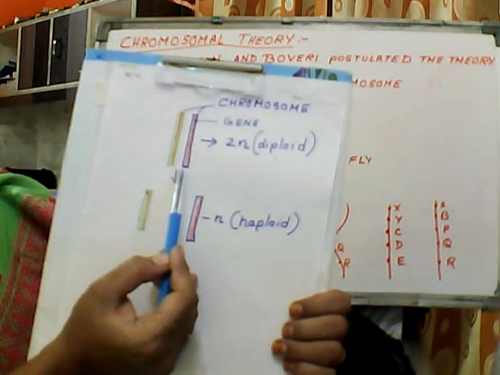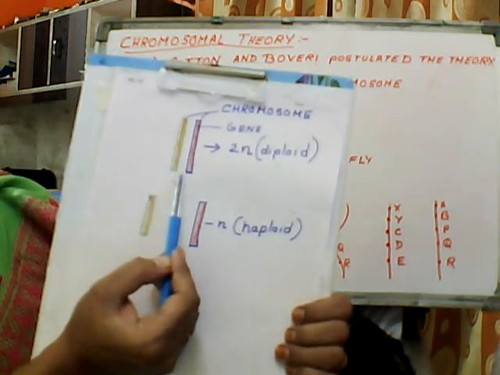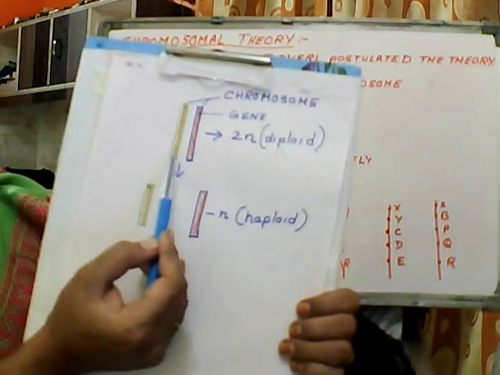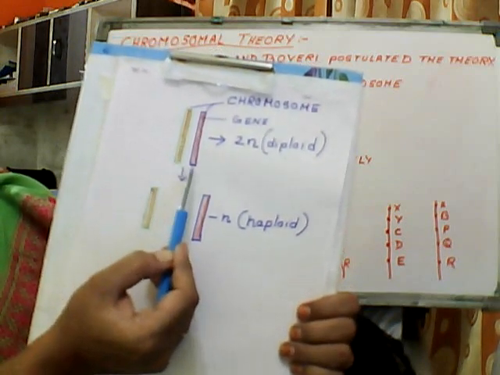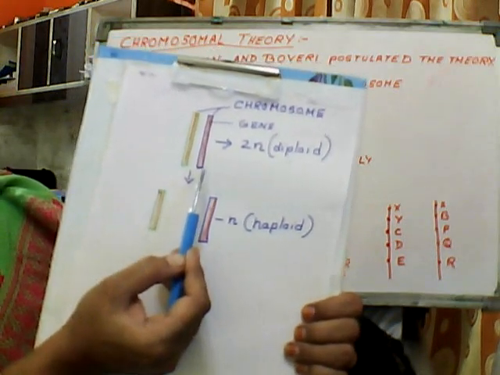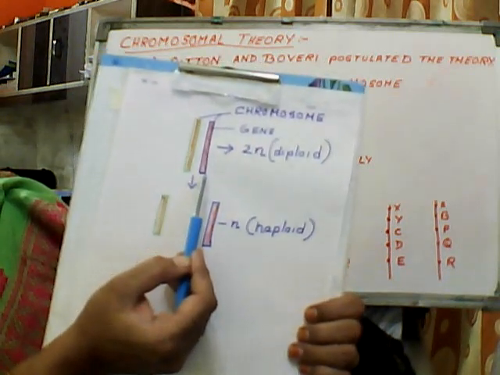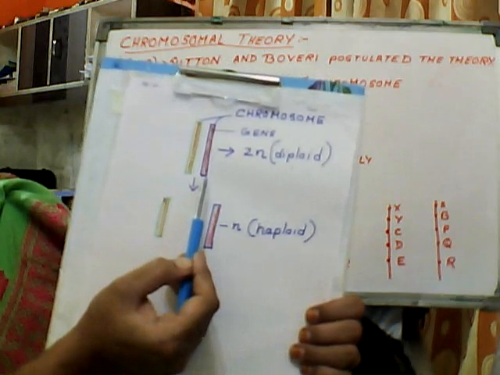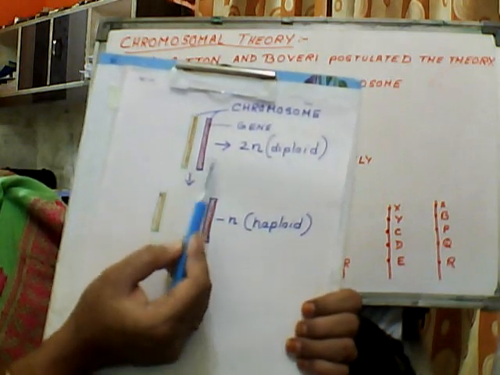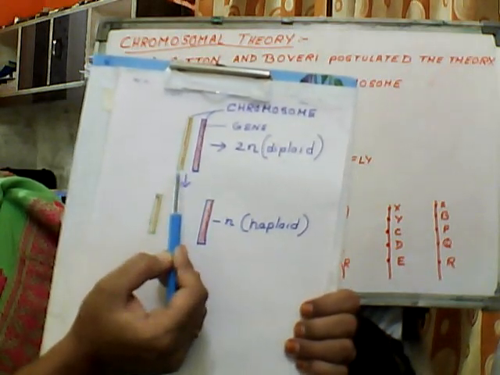I am not saying that all individuals will have only one pair. The numbers will depend upon the type of organism. Like in humans, we do not have just one pair of chromosomes. We have more than one pair, that is 23 pairs of chromosomes. Just to show it twice, here I am showing it in this way.